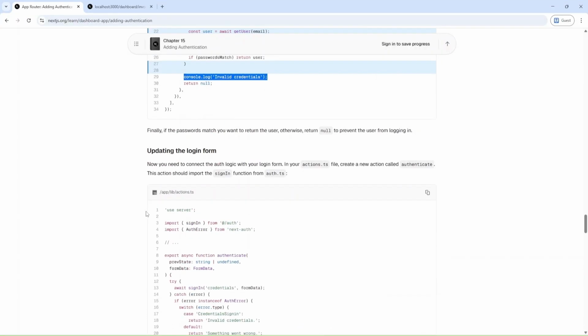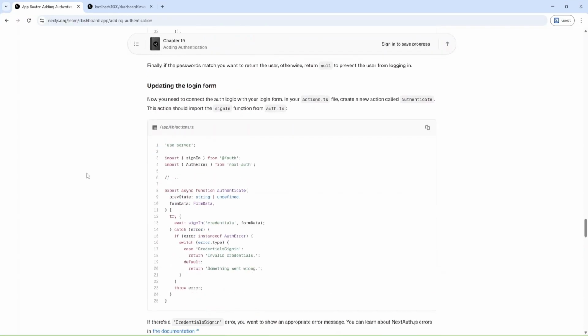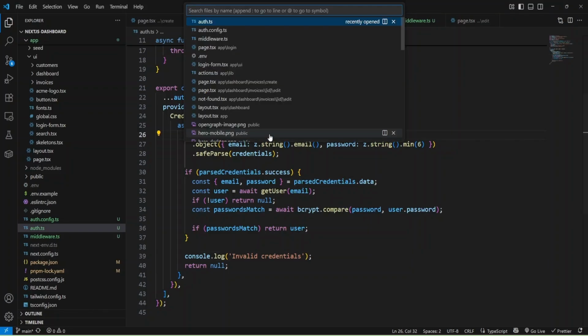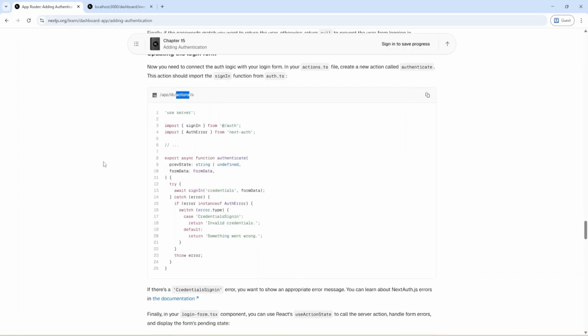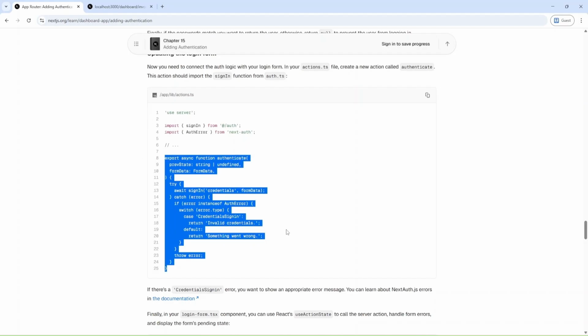Okay, and let's add this console log just in case. Okay, and let's move on, and here we have file actions. Let me open this file, actions, and we need to provide action authenticate, and let me do it.